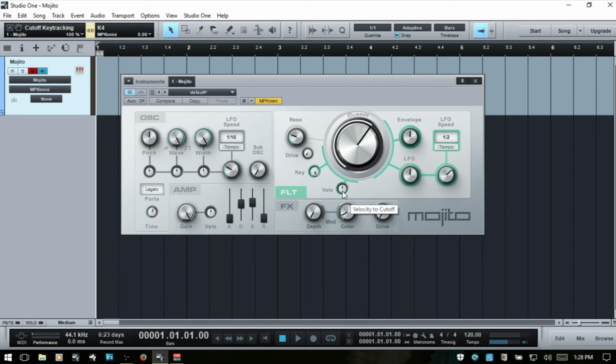Next we have velocity, and this basically allows you to control how hard or soft you're playing on your external controller and how that is going to influence the cutoff frequencies. Now by default this is set to 0%, but as we move to the left, harder velocity cuts and lower velocity will allow higher frequencies to come through. If we move to the right, then harder velocities will allow higher frequencies through, and playing softer will cut the frequencies. So if I raise this cutoff here,